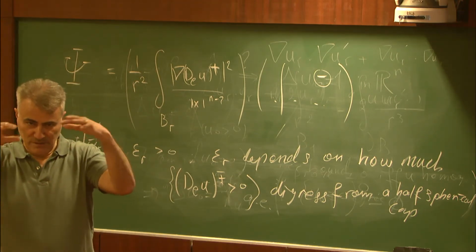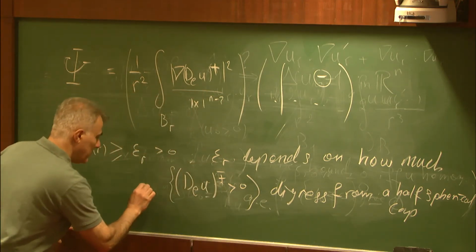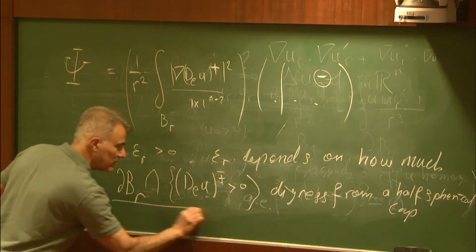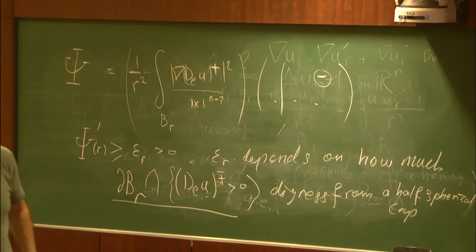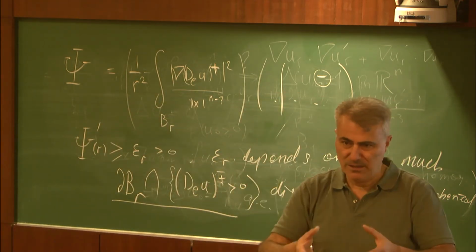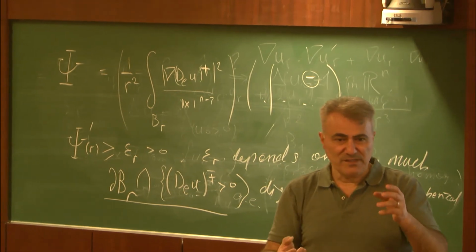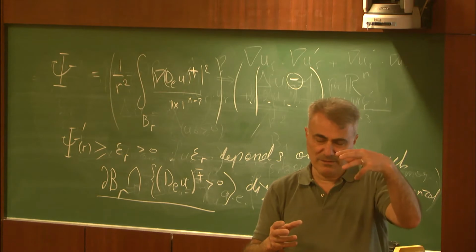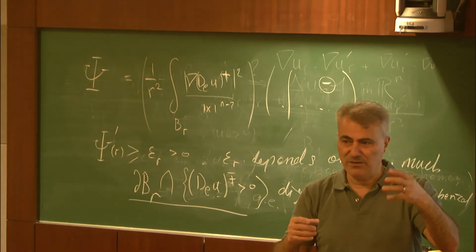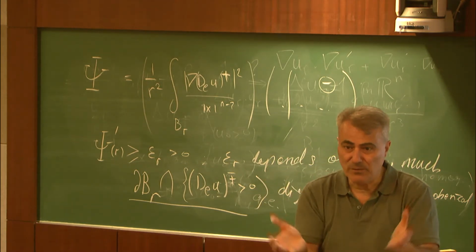This would be intersected with the boundary of B_r. So you look at the sets. This is a cone. In our case, it's a conic one. And then you look at the surface of the balls of radius r. If the sets where the function is positive or negative are going to be different from a complete half spherical cap, two different ones,